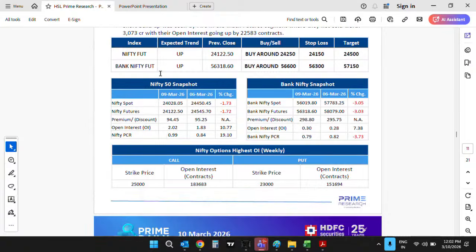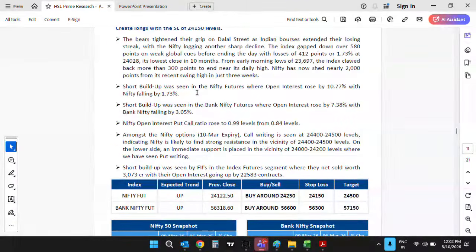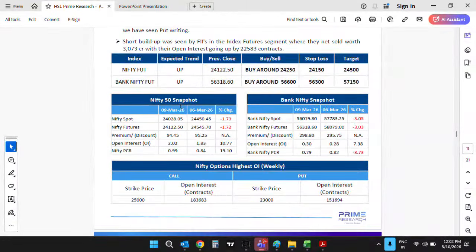First of all, let's see what was yesterday's data. This is our daily derivative report. From that, you can see the open interest. This is a Nifty 50 snapshot of yesterday. Nifty open interest moved up by 11% yesterday. And if you see the open interest change in the last few days, every day Nifty is witnessing a rise in open interest. In the last 5 days, the open interest in Nifty future has risen by more than 35%, and during that period Nifty has fallen sharply. So we actually witnessed short build up in the last 5 days.